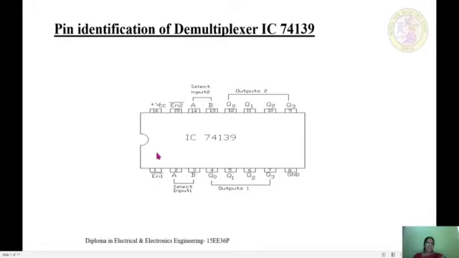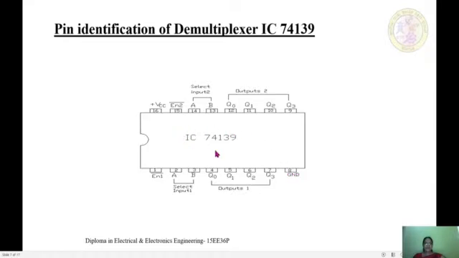The pin which is very close to the notch on to the left side is pin number 1, and it progresses like that up to pin number 8, and the pin number opposite to 8 is pin number 9, and the last pin is 16. And once again the IC is made up of a number of transistors and diodes, and for the operation of the diodes and transistors, plus 5 volts is connected to pin number 16, whereas the ground is connected to pin number 8.